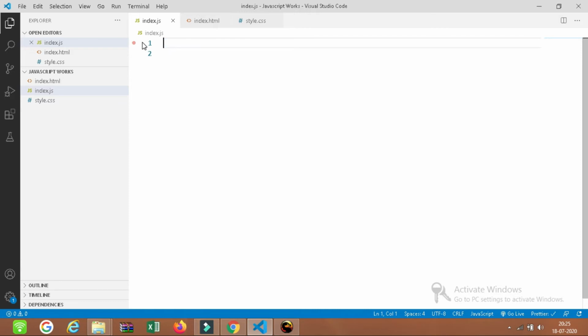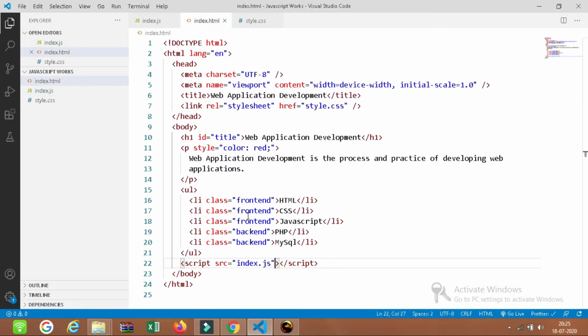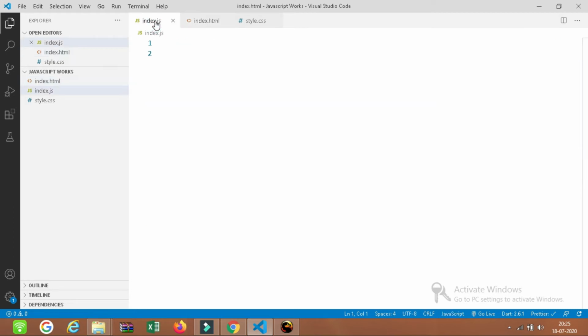What we need to do first is take the reference of the corresponding h1. Here we have given an ID as title. So first, let's take the reference. For that, we can type var title is equal to document.getElementById, and within the brackets I give the ID as title.